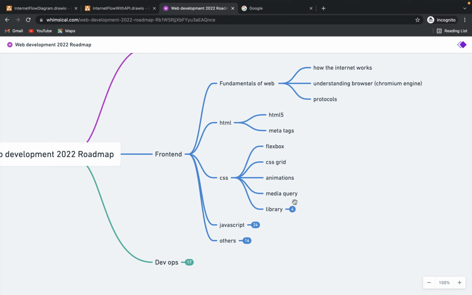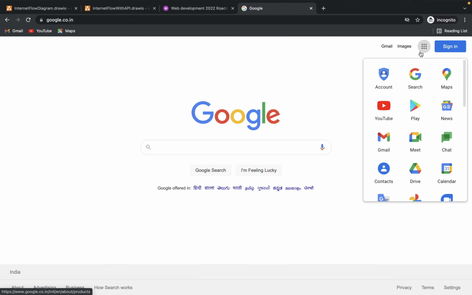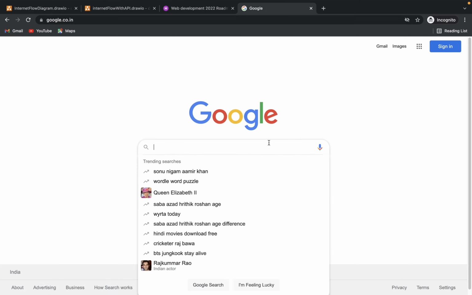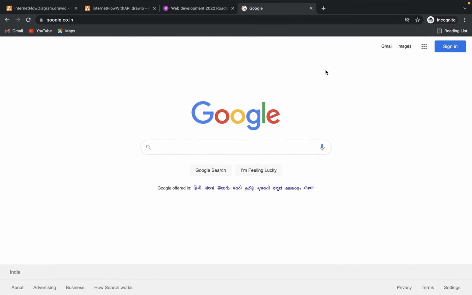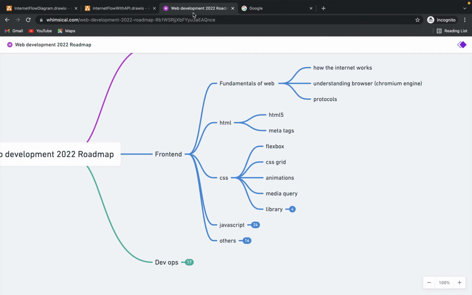There's something called animations. Like when I clicked on here, there are some animations that come, right? When I search here, or when you go to a particular site, there are some animations we see, right? So those animations also we need to understand in CSS. Okay, basic animation. I'm not saying if you are mostly into UI, then you need to go further deeper into that. There is something I've not mentioned, the designing part, because if you are a front-end engineer, you need to focus on your designing skills also, because there are certain tools called Figma and Adobe XD in which you design your web page first,